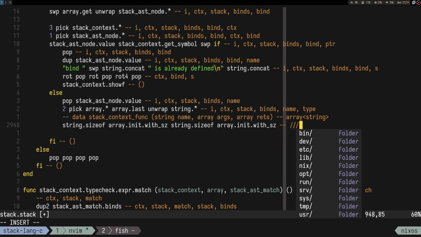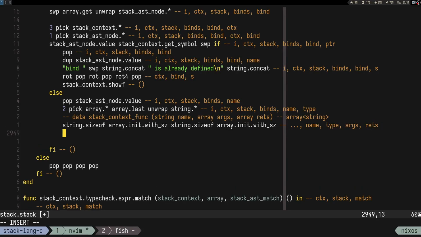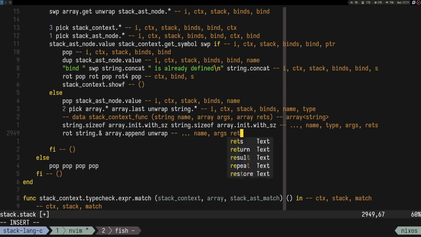So we can imagine that we have more stuff, name, type, args, rets. So I'm just gonna rot, then string.ref array.append unwrap. So we are left with name, args, rets,